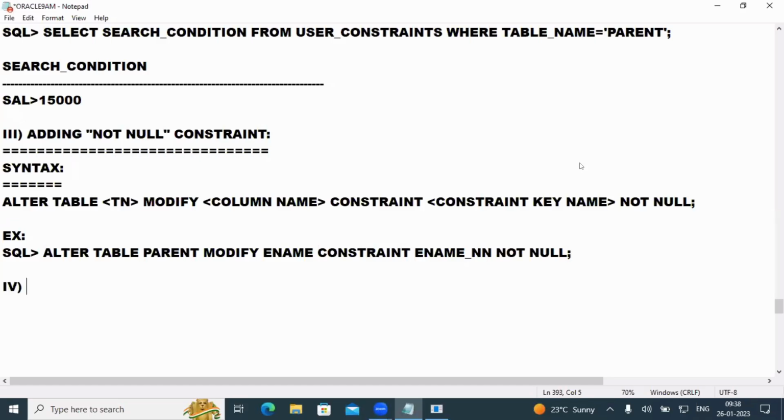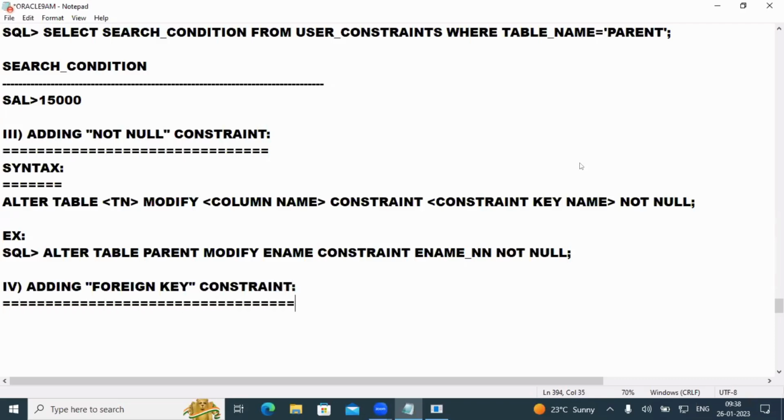The next one, adding foreign key. Foreign key constraint. So here, when we want to add a foreign key, again there are a little bit of differences in the syntax. So: alter table name, add